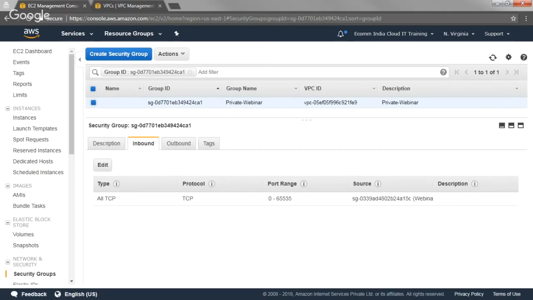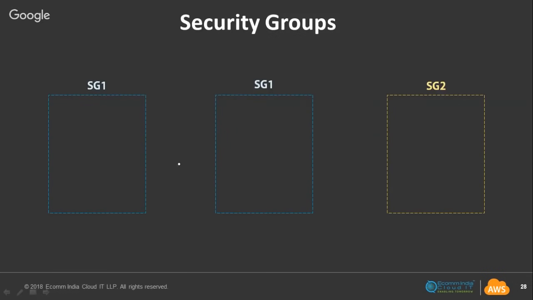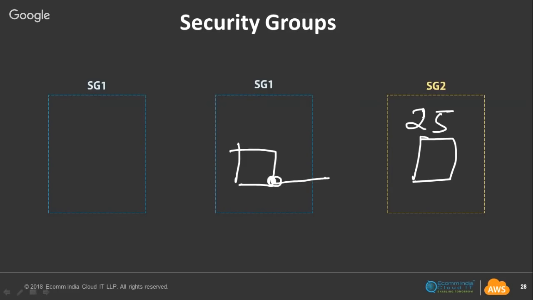Now, one more thing about security groups is that they can actually allow the communication back in on the same port. For example, I have my EC2 in the private subnet here, and let's say I want to talk on port 25. And I have another EC2 here. Now this system in SG1 talks to this system in SG2 on port 25. I have an entry over here that says allow SG1 access on port 25, so it is able to allow